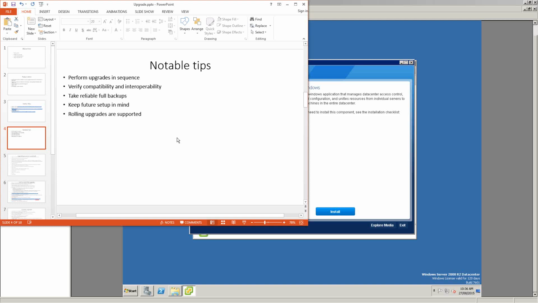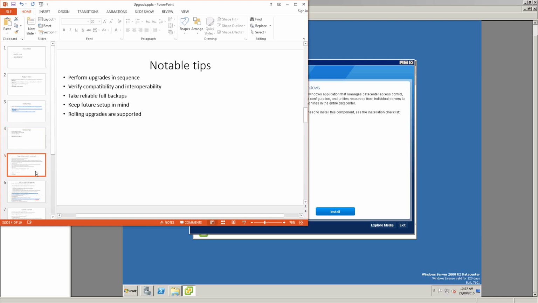And you always have to keep your future setup in mind. So let's say you think that you're going to have a View deployment sometime later, or maybe vRA, vRealize Automation, sometime later. That's when your setup needs to be already there. And VMware supports rolling upgrades, especially in larger companies where they know that you can't upgrade all your vCenter servers in one hit, or all your hosts in one go, or all your VMs. Especially larger environments, which have hundreds of hosts or tens of thousands of VMs, VMware definitely know that you can't do all of them in one hit.